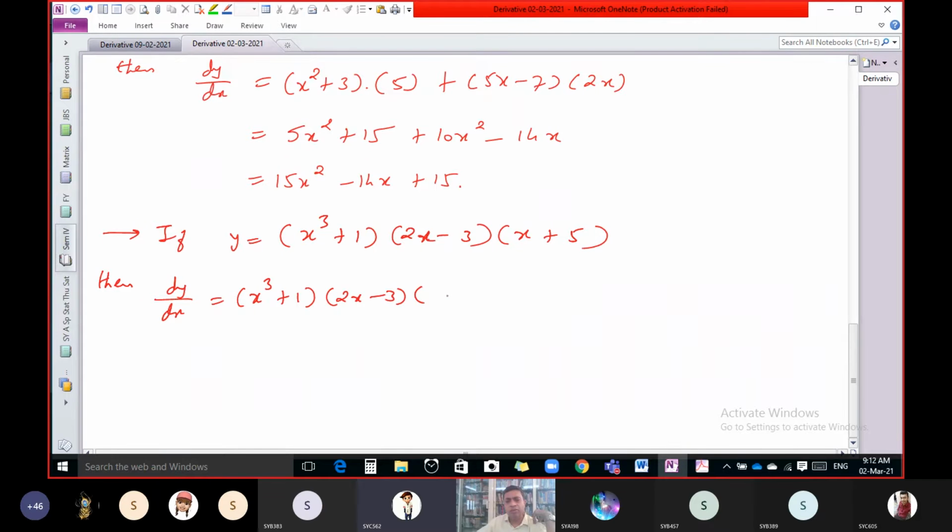And derivative of pi is what? 0. So no need to write 0. This is our first step. Plus, now keep first function and third function as it is, and differentiate this second function. What is the derivative of 2x minus 3? 2. Correct. Plus, now keep these last two functions as they are,